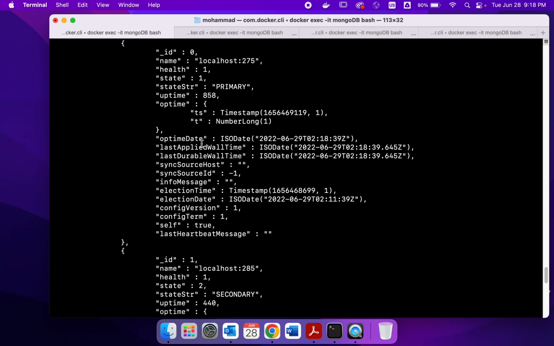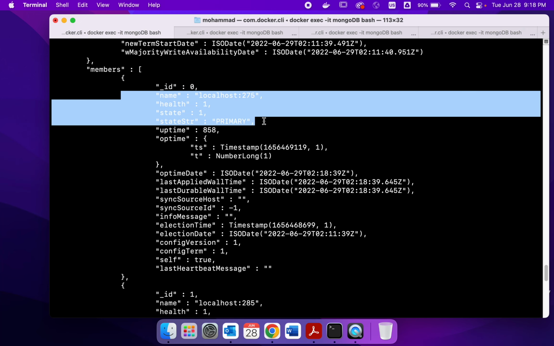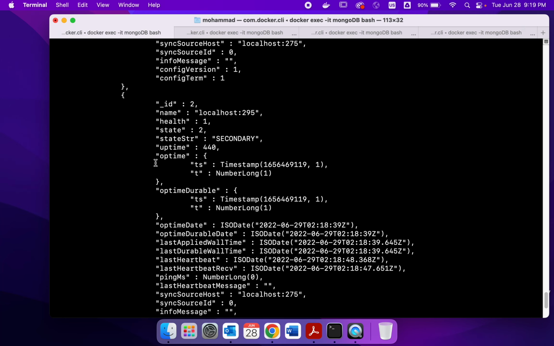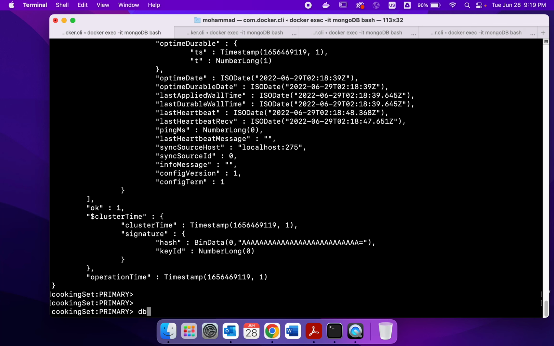We also get to know the members. Our primary was this localhost 275, and then 285 was the secondary, and another secondary was 295. Now our goal is to explore a little bit more. We can also check if this is the master. So let's do that. So db.isMaster,